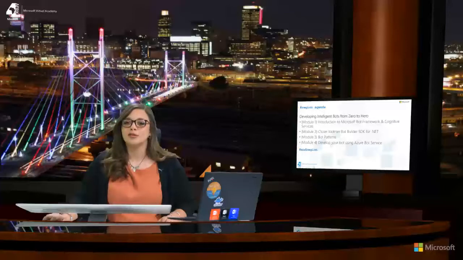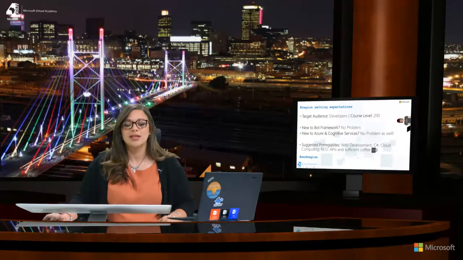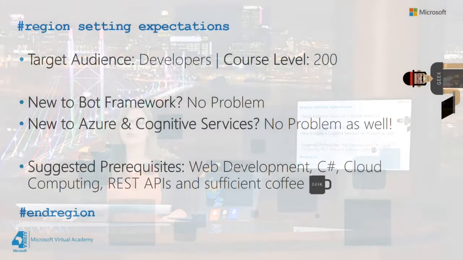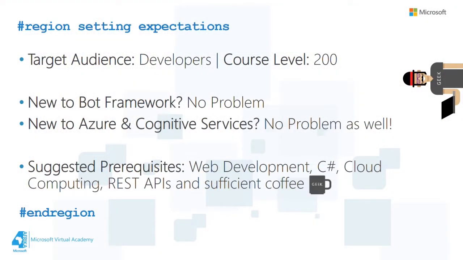The main target audience for this course are developers. If you're new to the bot framework, Azure, or Cognitive Services, no problem at all. We'll be walking you throughout the whole bot development journey from zero to hero. Regarding the prerequisites, all you need to be familiar with before watching this course is web development, C#, some cloud computing concepts, and using the REST API. And most importantly, loads and loads of coffee